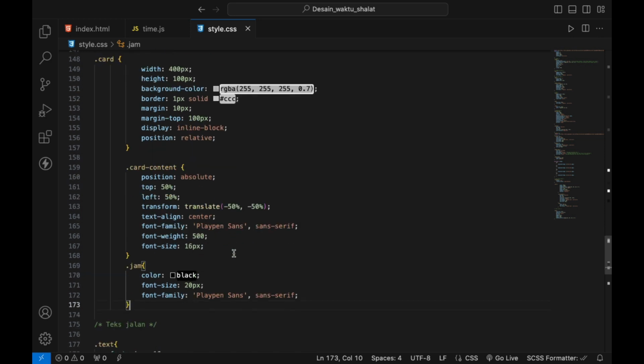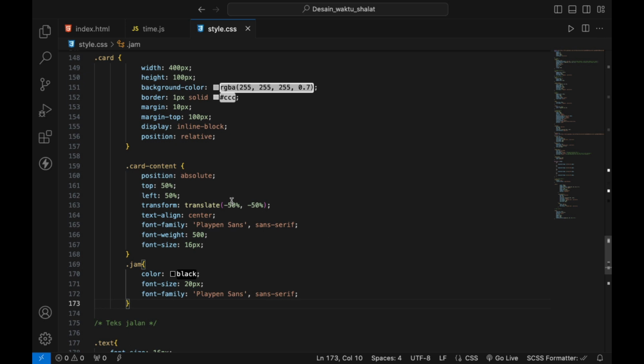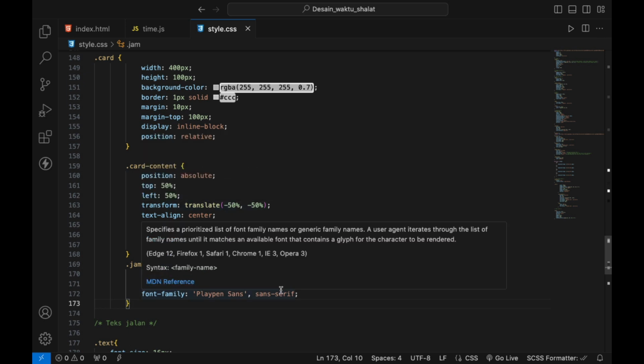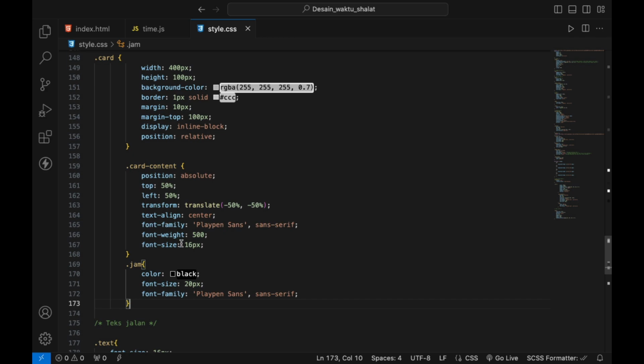And for the card content, position absolute, and then font family, I like this.